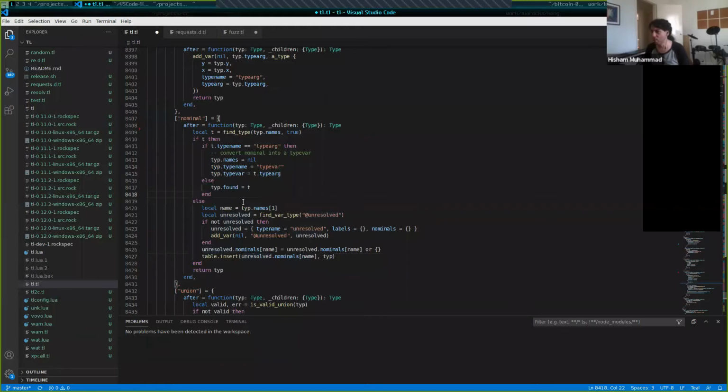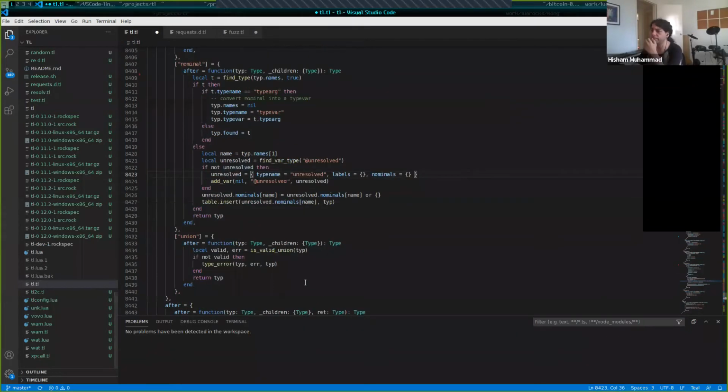So I think for now, getting a Teal debugger is more a matter of integrating lots of things that exist, which is the exported type information and the Lua debugger, and possibly editor support,